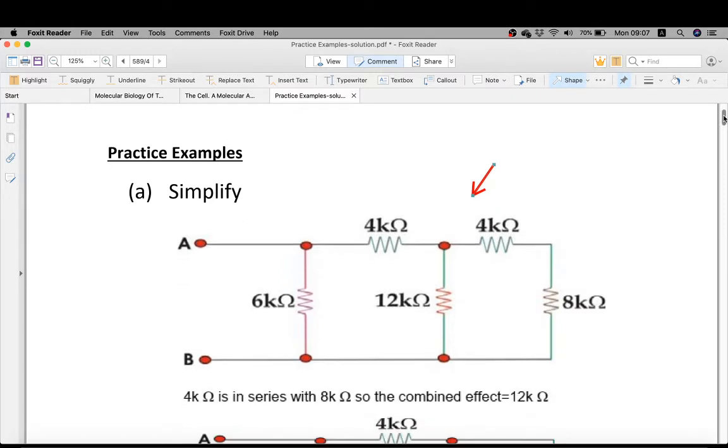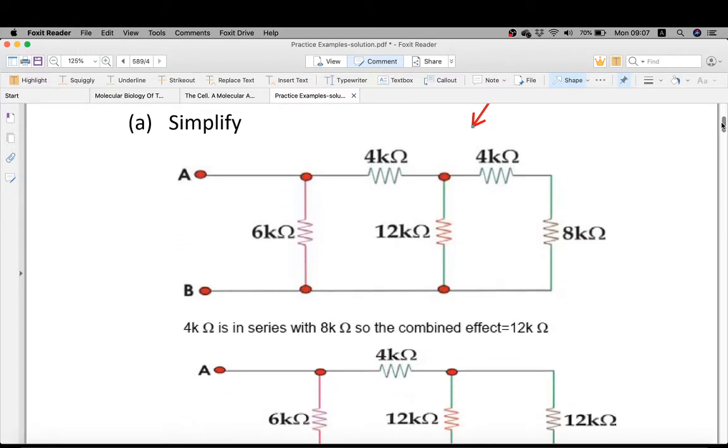So there are a total of 5 resistors, and we have to check which resistors are in series with each other and which are in parallel to each other. That was a simple formula I told you last time. If the ending point is connected with the starting point, then this means they are in series, like this one and this one. They both are in series with each other. Why? Because the ending point of one is connected with the starting point of another.